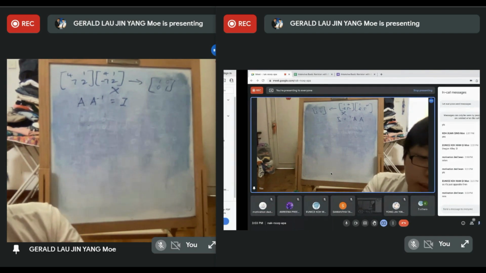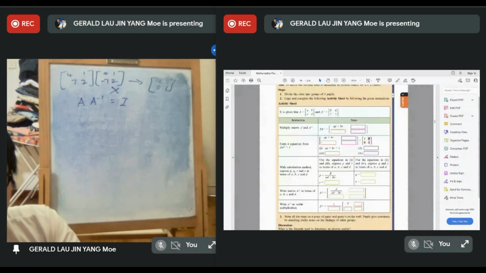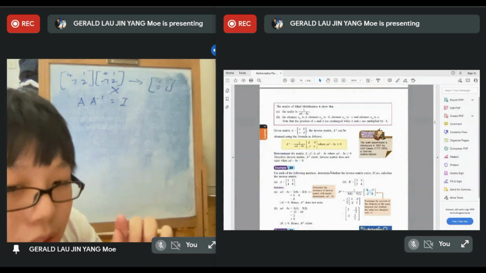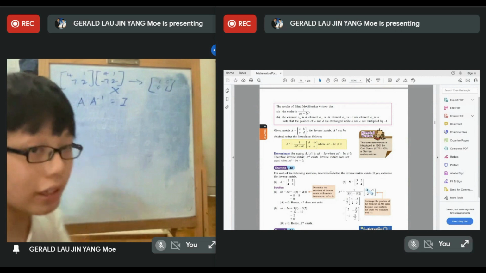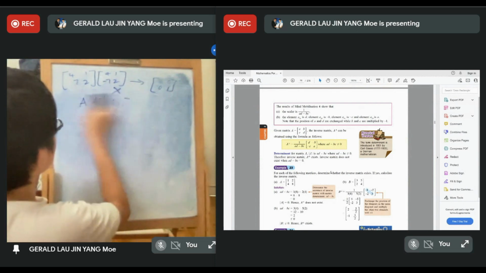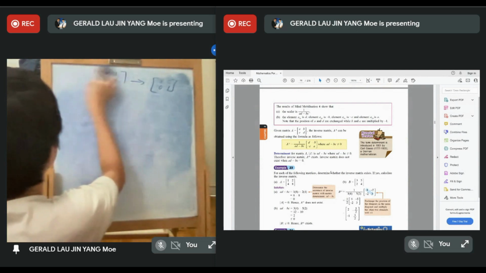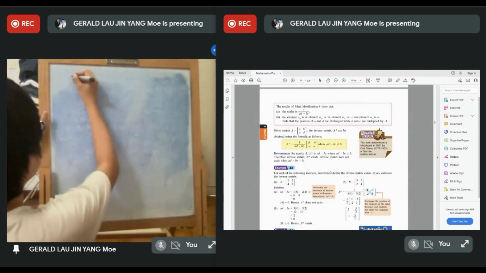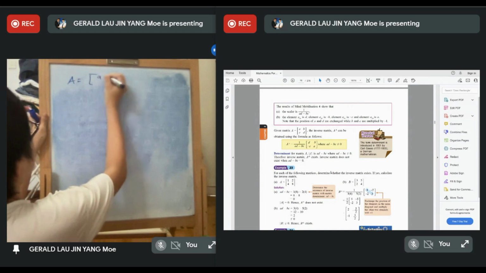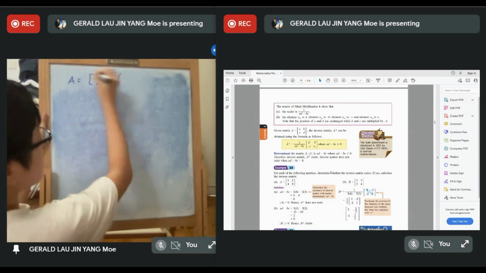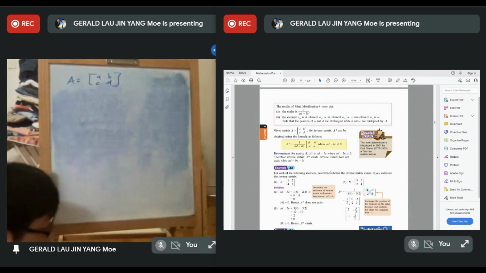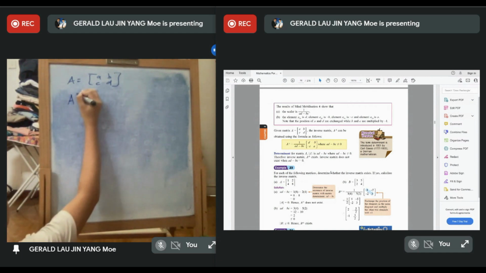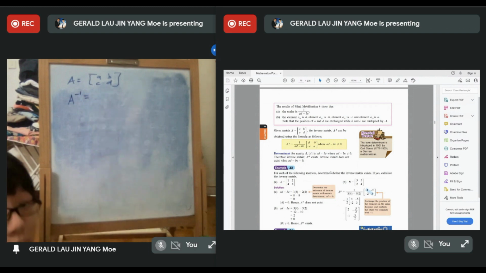Okay. Now, you look at this. How do you determine the inverse matrix? In our syllabus, we only learn determining the inverse matrix for a 2 times 2 matrix. Okay? So let's say I have a normal matrix A, B, C, D. It's always like A, B, C, D like this, the formula. How do we determine an inverse matrix? A inverse equals to